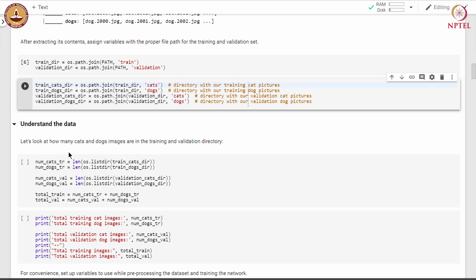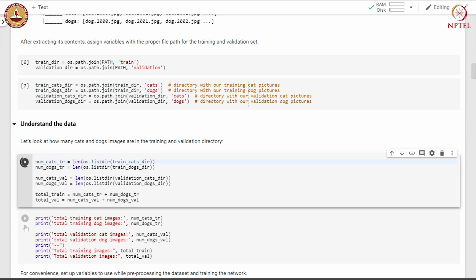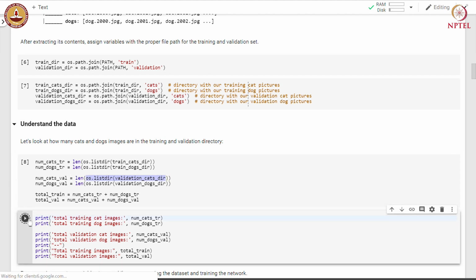Let us look at how many cat and dog images there are in the training and validation directories. We use the os.listdir command to list the content of the directory and take the length of this directory listing to calculate the number of cats and dogs in training and validation.